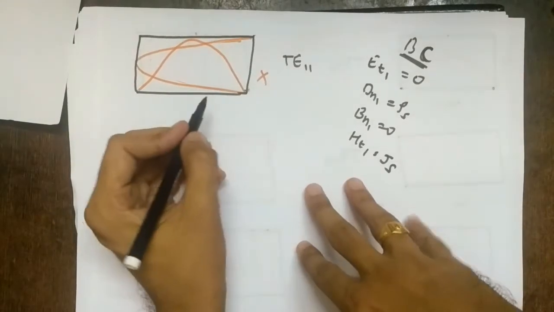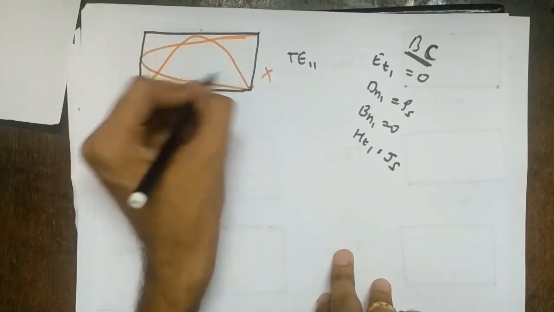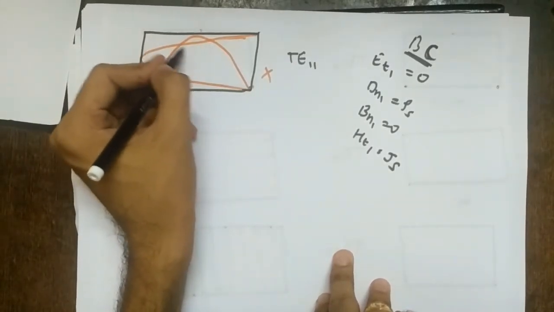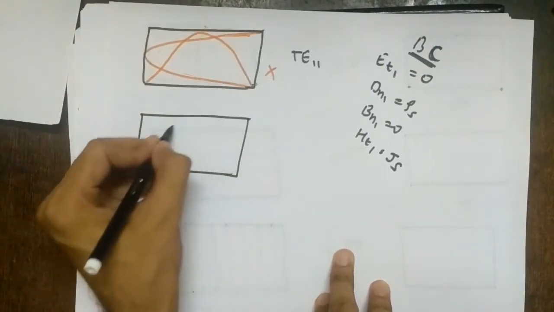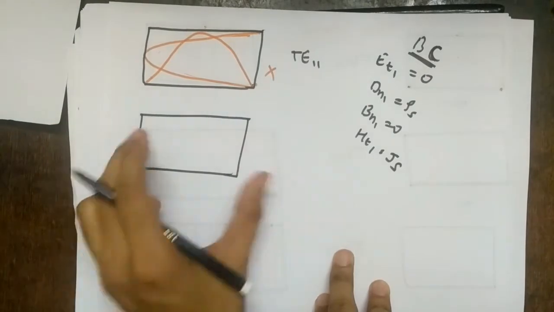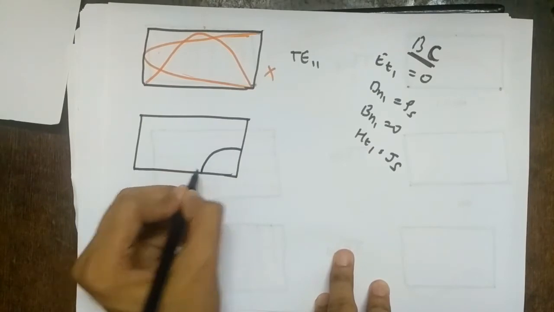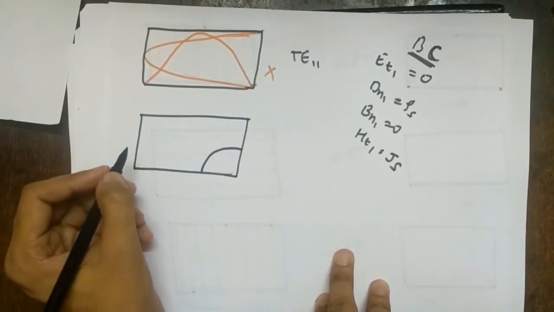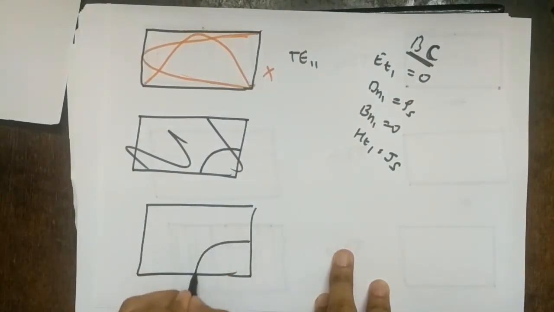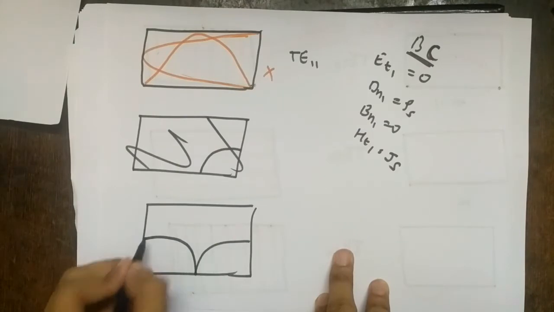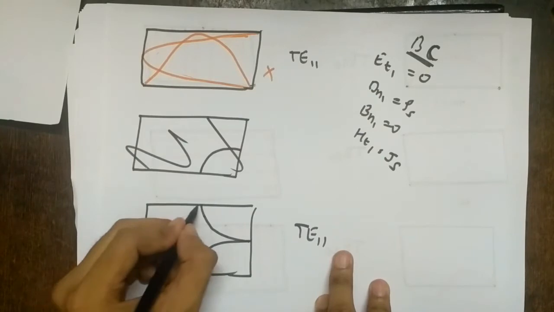So how can we draw the TE11 mode? This is not possible because these two cannot come together, right? So let's try to do this. First thing, we know something like this can exist, right? So let's try to shift it by 90 degrees. So what will happen? It will look somewhat like this, right? But this doesn't look right. So it can be like this, but this is only a quarter cycle, so it should be like this. Here also I should have one because it is TE11. So here also I should draw like this, right?